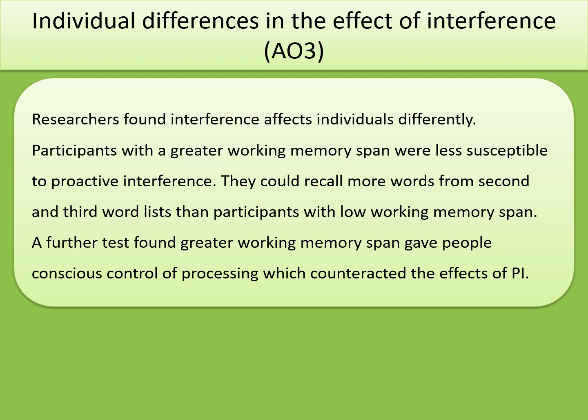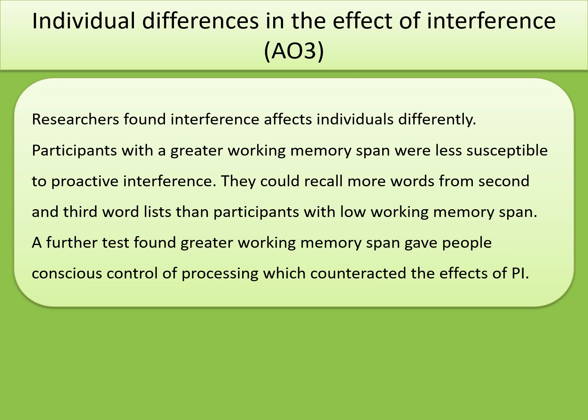The next evaluation is a limitation. It's saying there are individual differences in the effect of interference. So researchers found interference affects individuals differently. Participants with a greater working memory span were less susceptible to proactive interference. They could recall more words from second and third word lists than participants with low working memory span. A further test found greater working memory span gave people conscious control of processing, which counteracted the effects of proactive